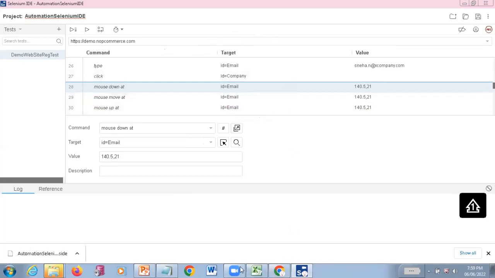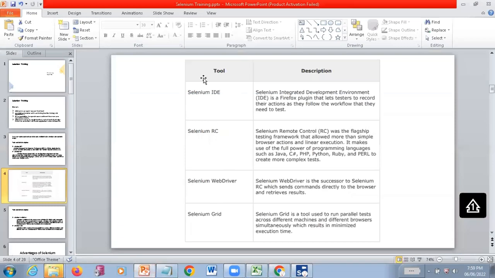That is the reason they have found another tool called Selenium RC. We have a lot of limitations in the IDE tool, so that is the reason Selenium went for the next tool called Selenium RC. Selenium RC has a lot of disadvantages. So that is the reason they are just